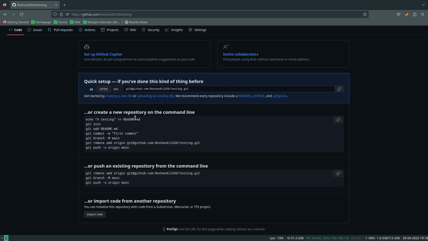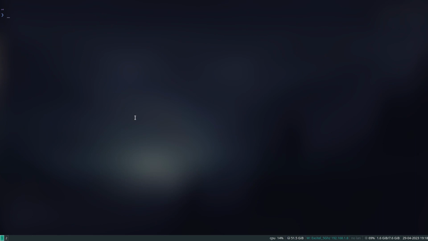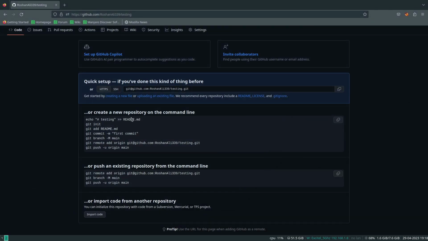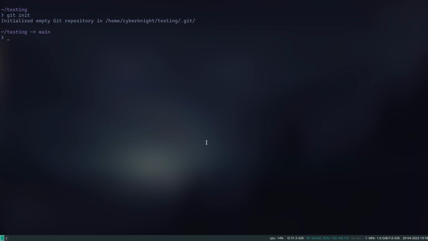Now get onto your terminal or your Git Bash on Windows. Now I will be making a directory called testing and I will be moving to it, and now I will be connecting my GitHub repository to this folder on my local machine. So to do that, first we need to type git init, which will initialize a Git repository on our local machine. So next we need to add the remote origin. You need to copy this line. You can directly copy paste it here,